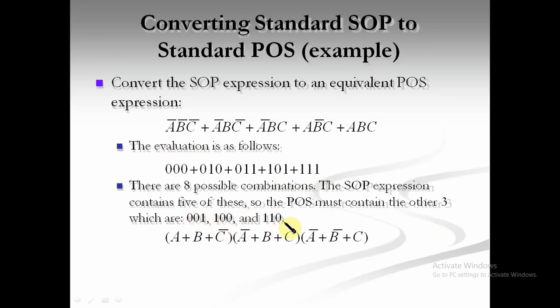Then you have to identify which terms are not present, and those terms are the POS terms. Here there are 5 terms, which means 3 terms are missing. Those terms, 001, 100 and 110, are missing in the above equation, which means those terms will be the POS terms, and they will be taken here, and here the bar will be identified as 1. This is the